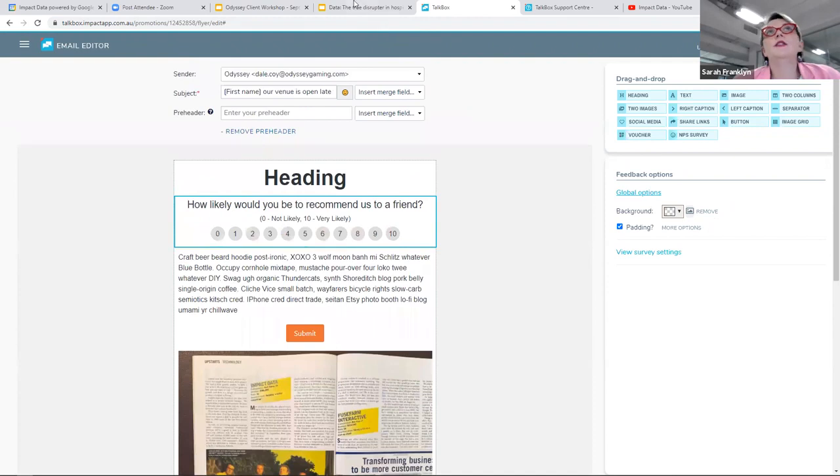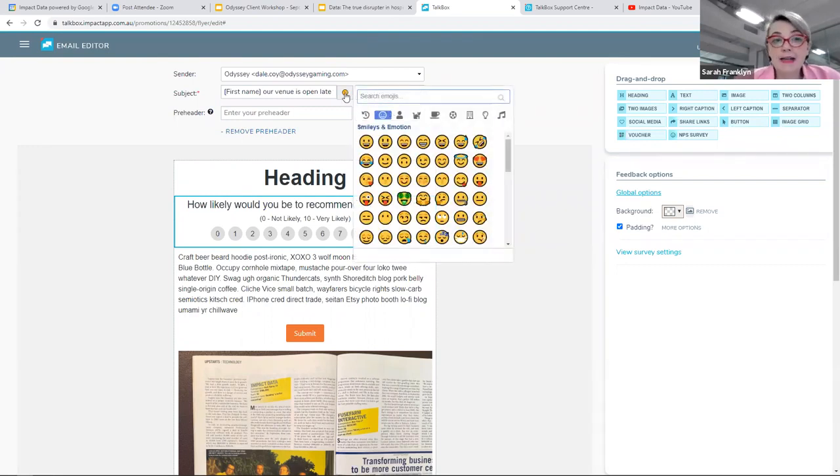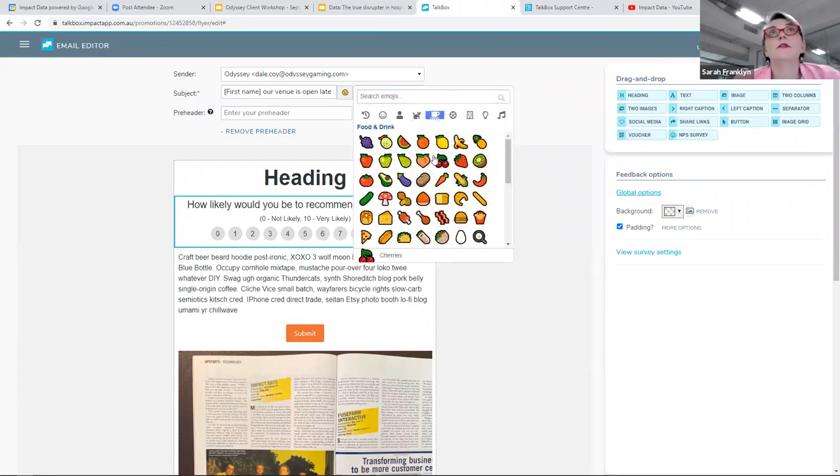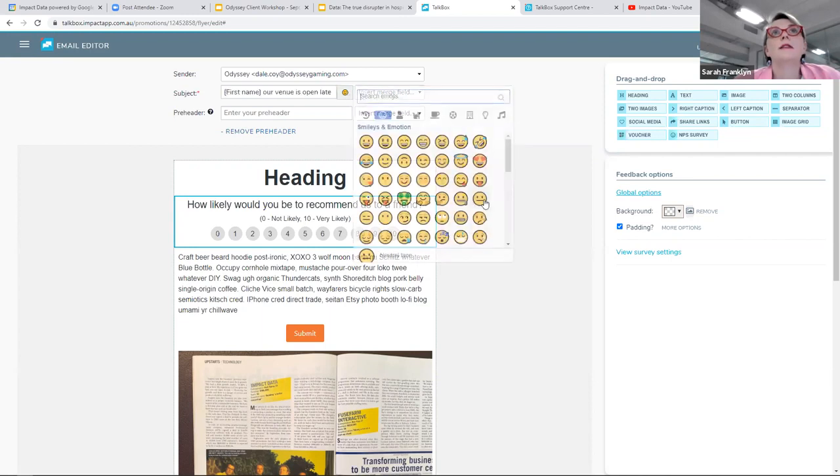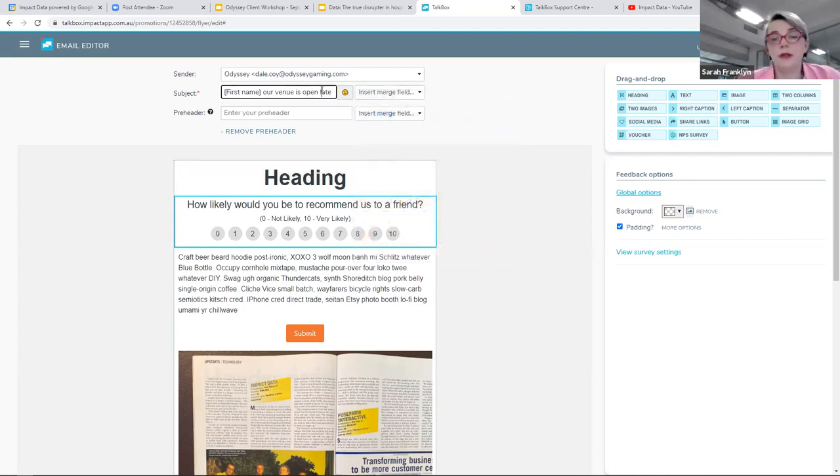Any questions on how to write a good email? Feel free to ask them now, before I jump off to that one. No? One thing you may not have realised is this little cutesy fella here, this is emojis. You can add emojis in your subject lines. You can obviously add some lovely food ones. Let's have a potato, and it'll be down there at the end. And we can have a weird little face.